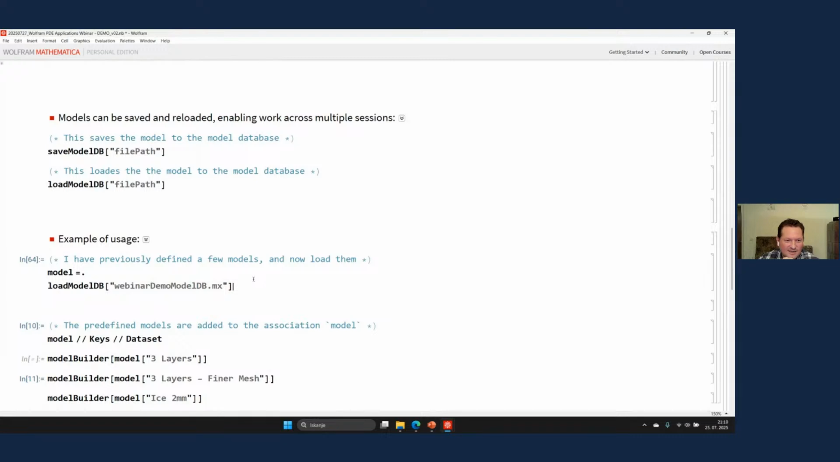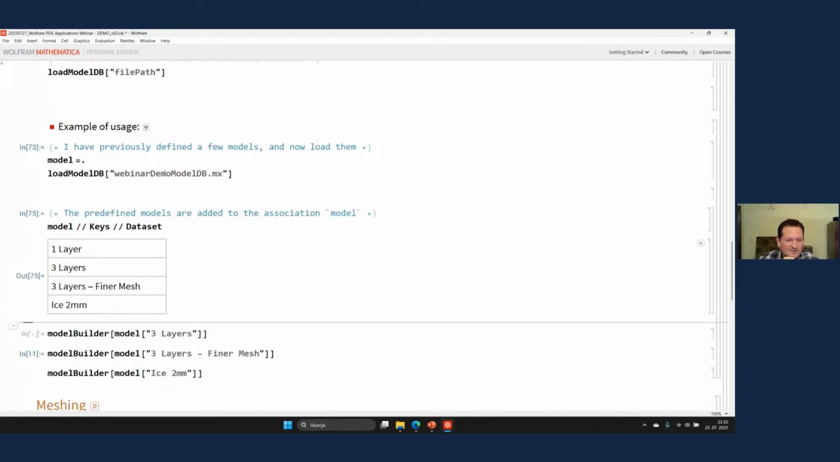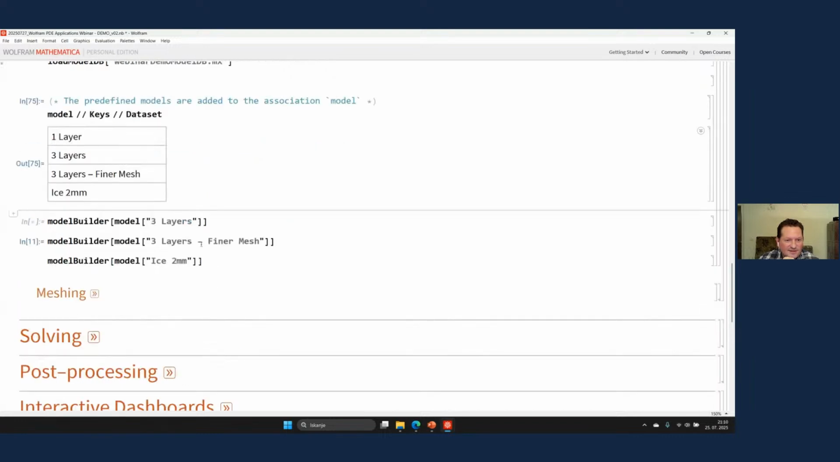Here, for example, I have a few models predefined for this webinar. And if I just show you, for example, now I have in this demo model database loaded 3 models: 1 layer, 3 layers with finer mesh and with ice. Maybe if I click this one,